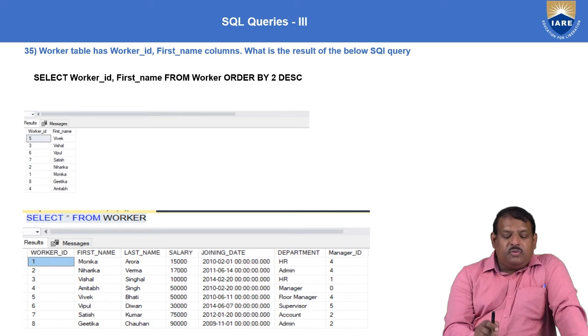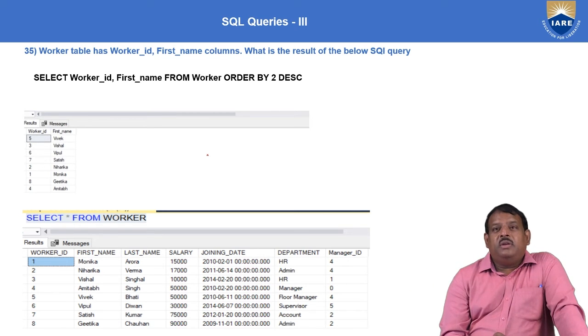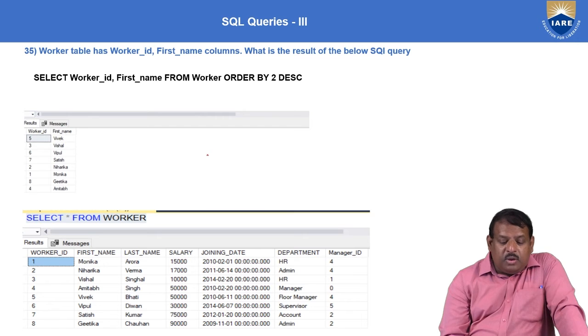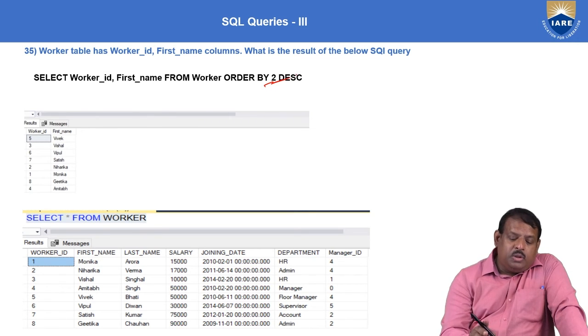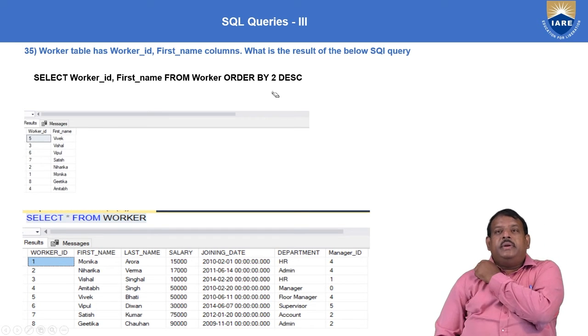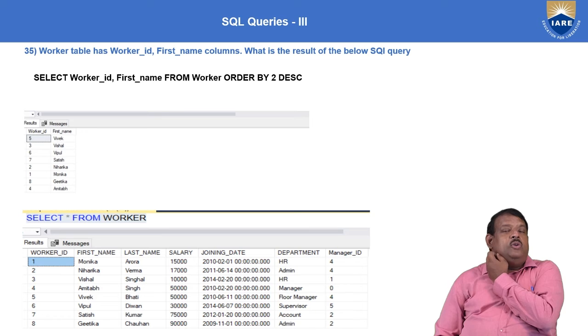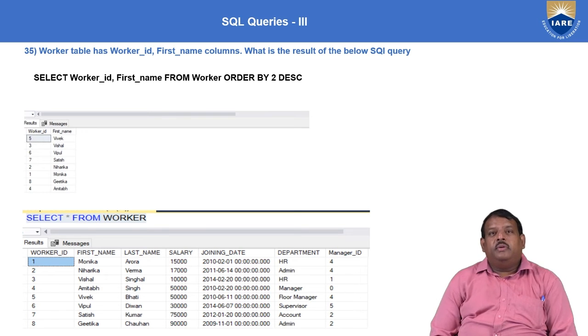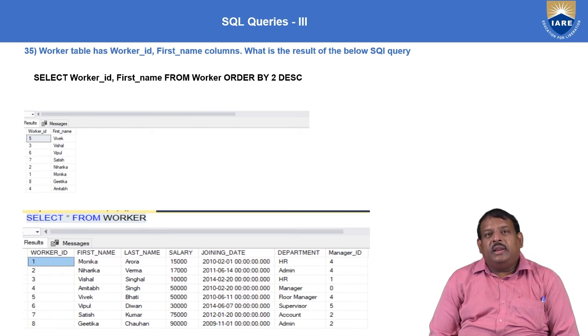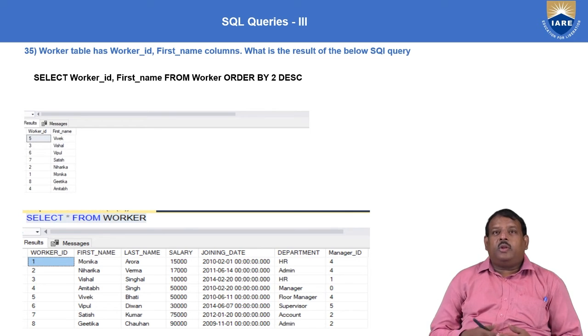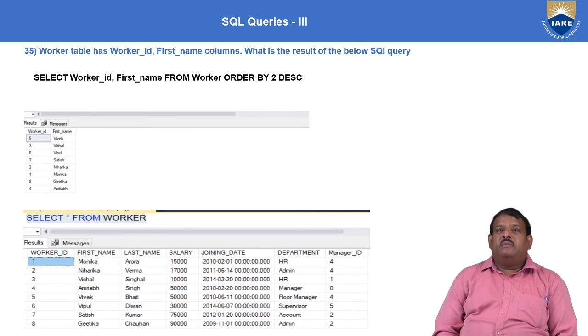Now if you see carefully here, they are not giving you a column name. They are giving you some numerical number, 1 or 2. In this case, the number 2. Can you predict the output here? See the query once again: select worker ID, comma, first name from worker.